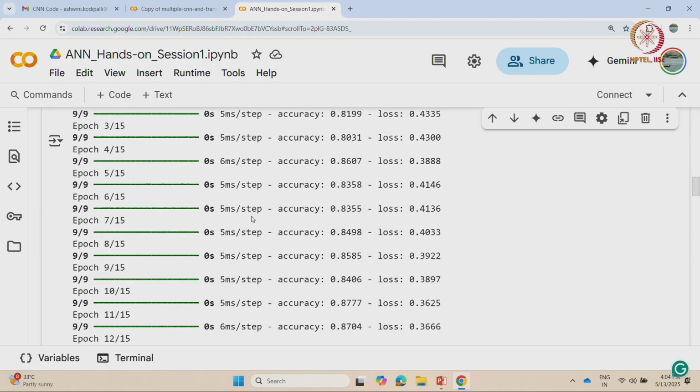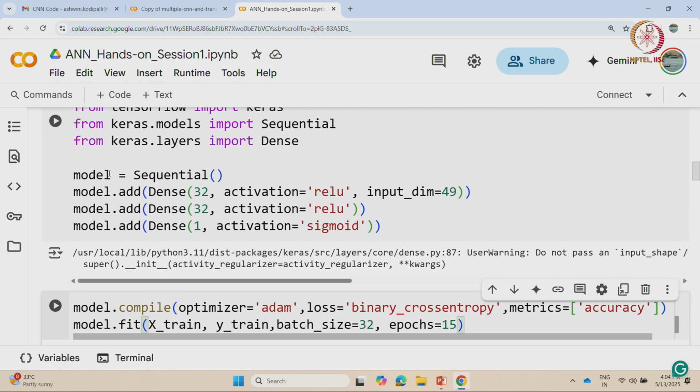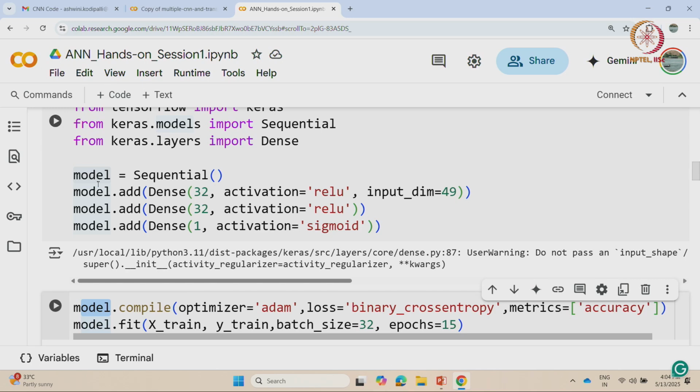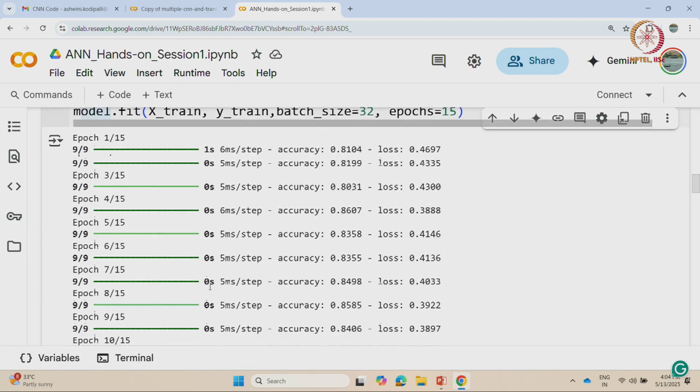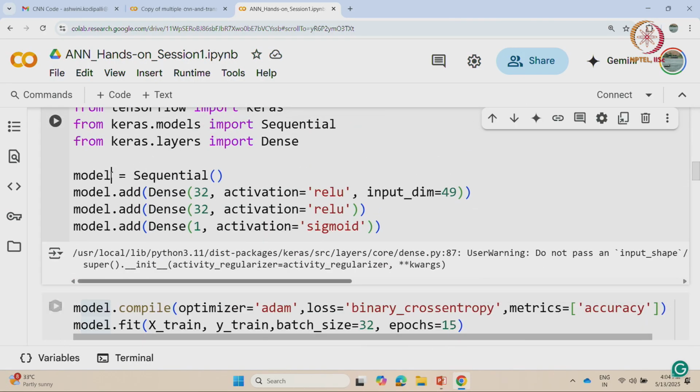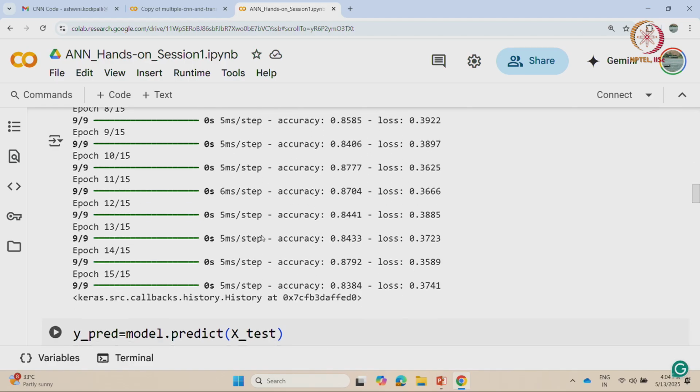So, the model that you have built sequential is entirely stored in a variable called model. To this model you have added the first hidden layer, the second hidden layer, and the third layer, not hidden layer, the third layer, which is the output layer. So, now this model you have compiled, model dot compile, this model you have trained, model dot fit. Now, when you are predicting, you will obviously predict by using the model that you have built, which is there in the variable model. So, model dot predict,